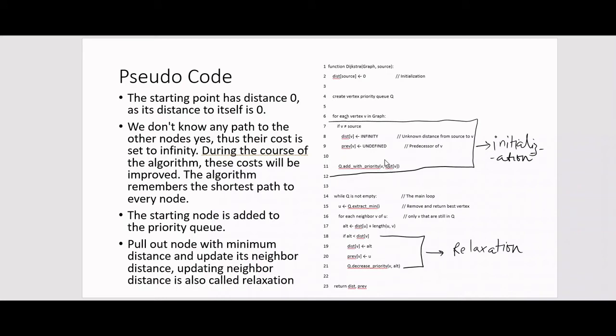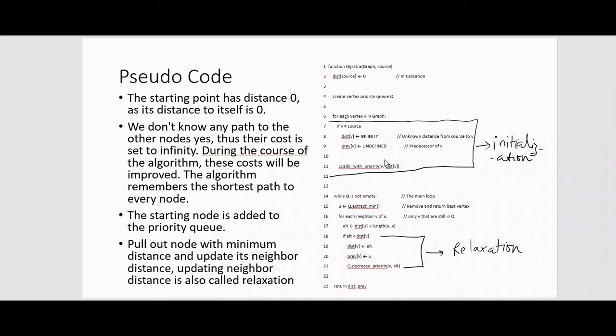Why priority queue? If you have heard about heaps or priority queues, in that finding out the minimum or maximum is done in logarithmic time, and it is very efficient. So any operation that you do on a priority queue will be in log n time, except when we build that priority queue.